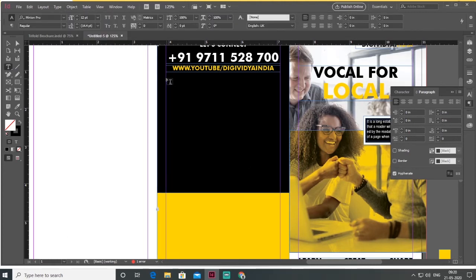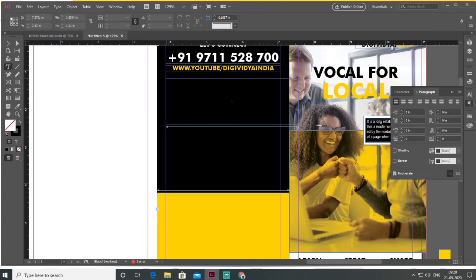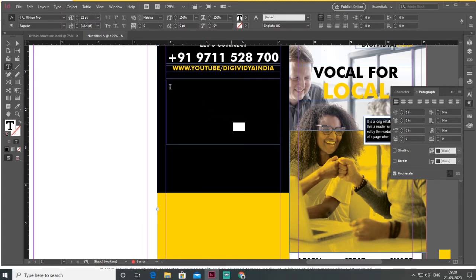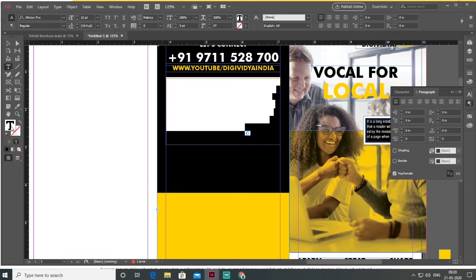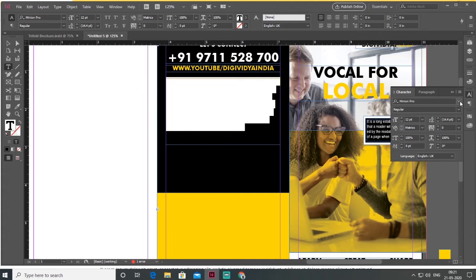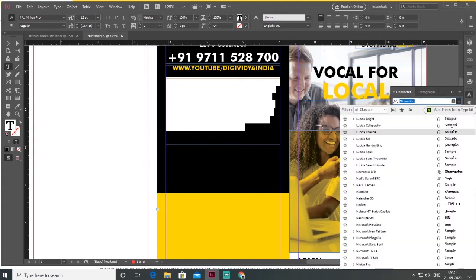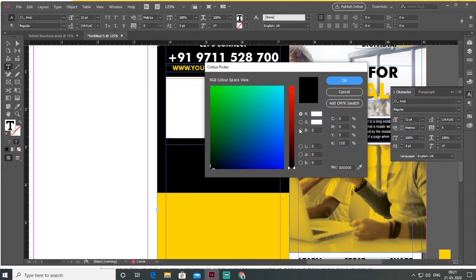Then I make a text box and here press Ctrl V and select all the text and change the font face into Arial regular and the text color is white.